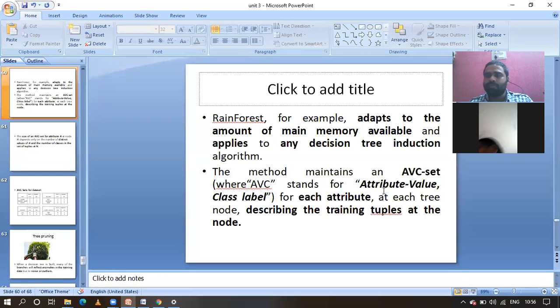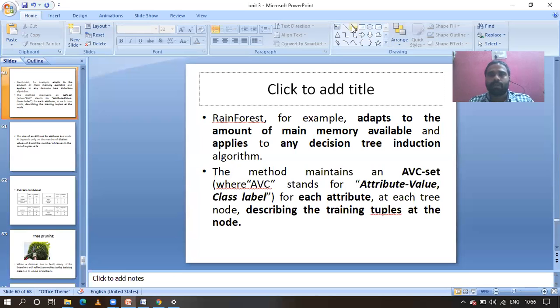In the AVC set, attribute value class labels, for each and every attribute we will have an attribute value class labels set. That only I am going to bring into the main memory, and I will complete the decision tree construction for that particular attribute, and I will proceed to the next attribute, guys. In this way the process will be simplified. For scalable data also, the solution will be effective, guys.